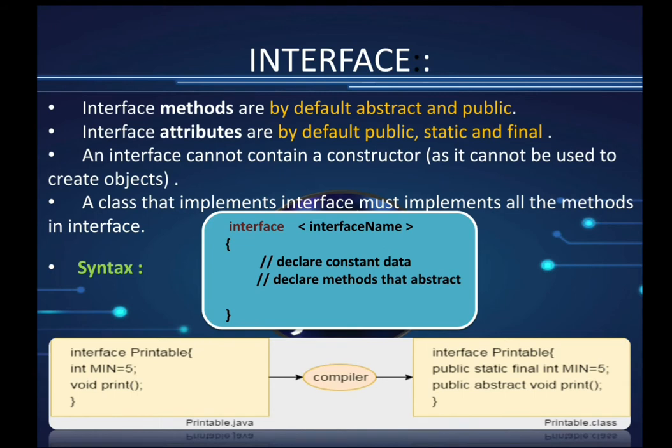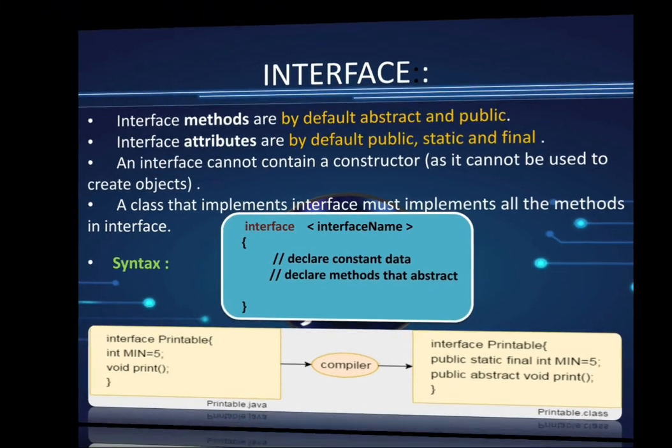If you write it in this way, the compiler automatically converts whatever you had written into a literal. The data is already converted into a literal, and the function is already converted into an abstract method. Means the abstract keyword is already placed there, and static and final are already placed there. The compiler is going to convert it into an abstract function.